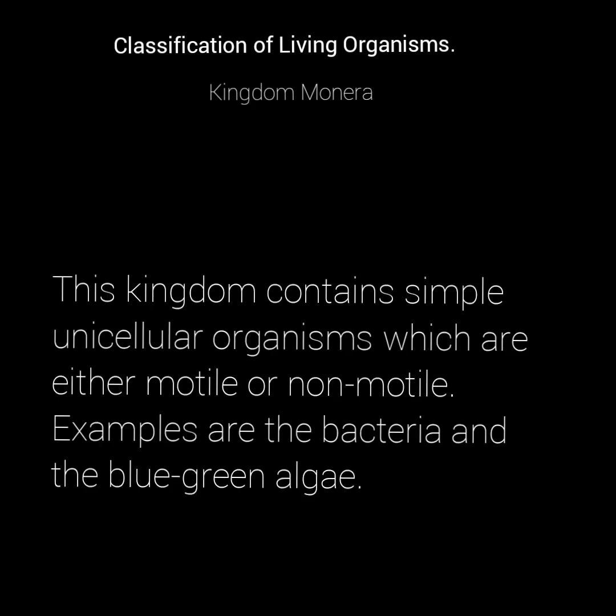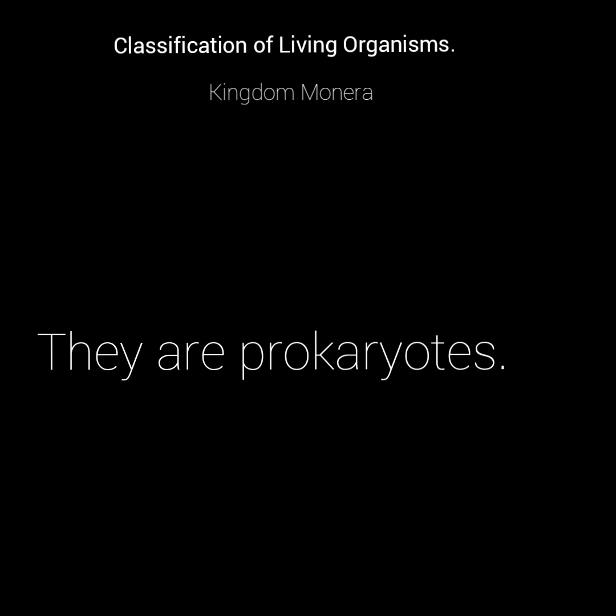This kingdom contains the simplest living organisms, such as the bacteria and the blue-green algae. And they are unicellular in nature, that is, they are made up of one cell, and they are prokaryotic, that is, their nucleus is not bound by membrane, and their chromosome lies freely in the cell. Examples of organisms that belong to Kingdom Monera are bacteria and the cyanobacteria, which is also known as the